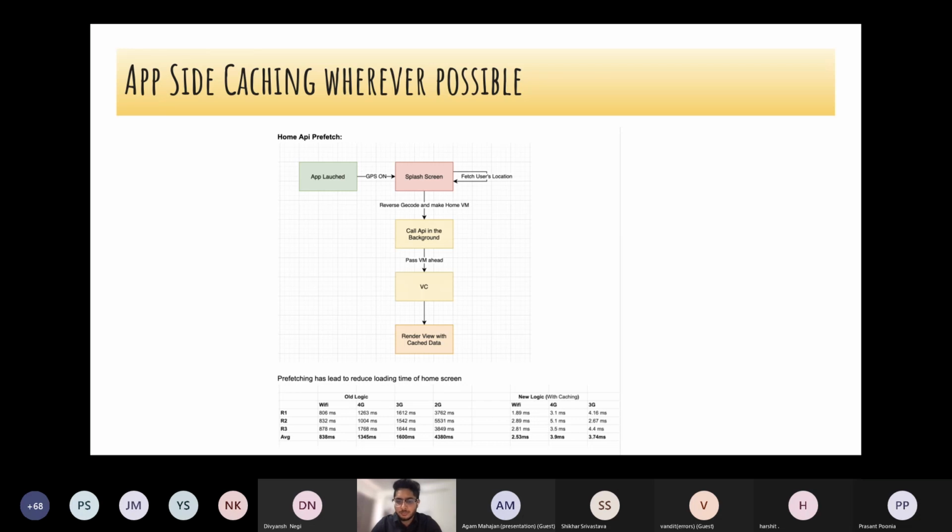Whenever the user's GPS is fetched, we get the lat long of the user and immediately call our API in the background. Meanwhile the user is moving from the splash screen to the first home page. In parallel your APIs get called, so till the time the user reaches the first page, we already have the data and it will be loaded.